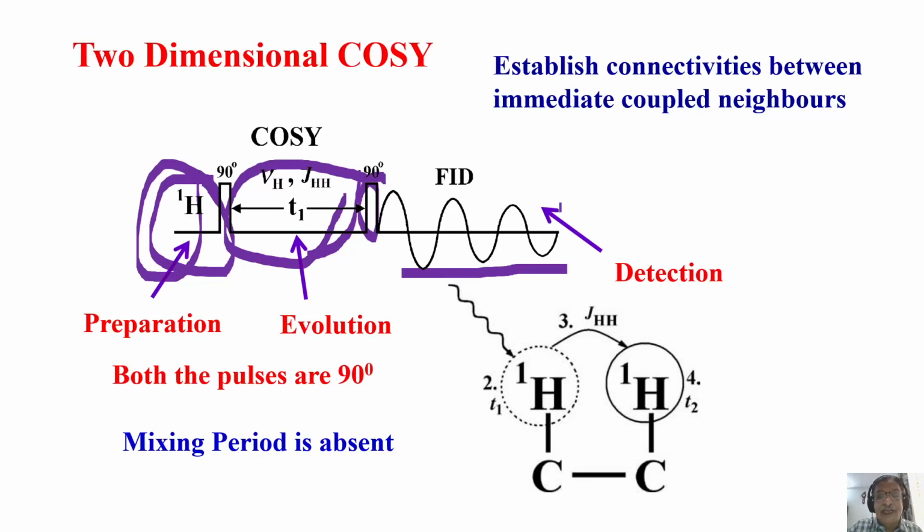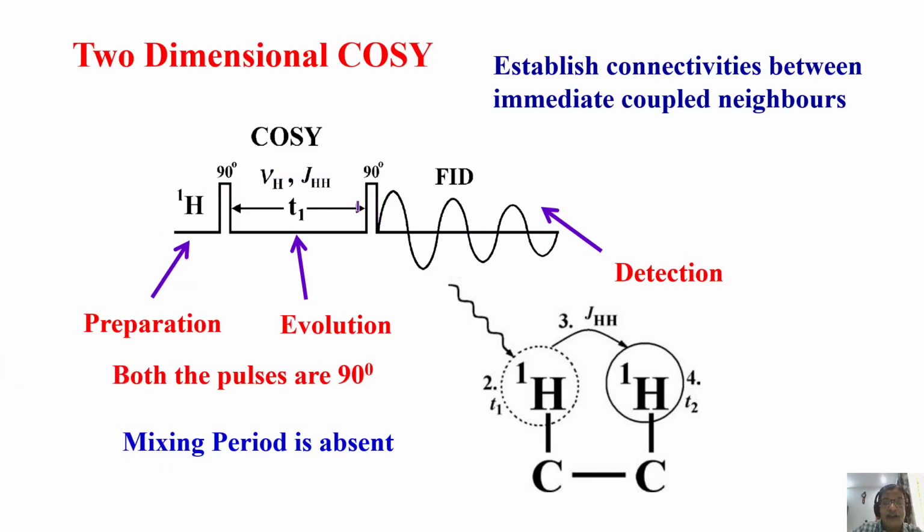And here we are going to detect the signal. This is the simplest of the 2D pulse sequences, and both the pulses we apply here and here are 90-degree pulses. There is no need to have this as 90. You can have COSY 45, varieties of angles. You can have a small flip angle COSY. Varieties of things you can do. But in the first COSY experiment design, these two are 90 degrees.